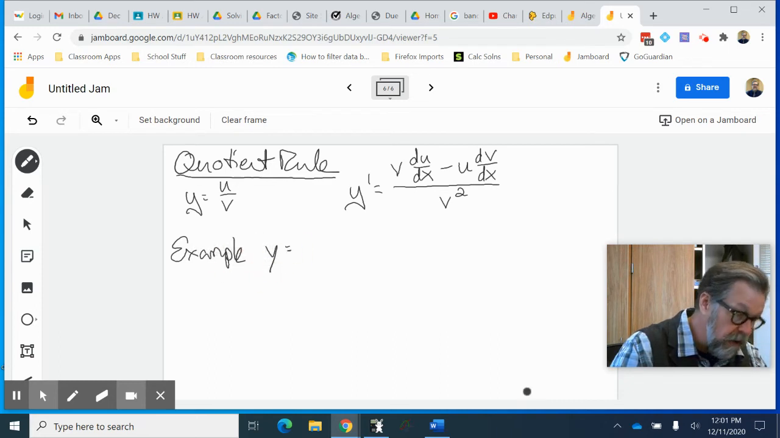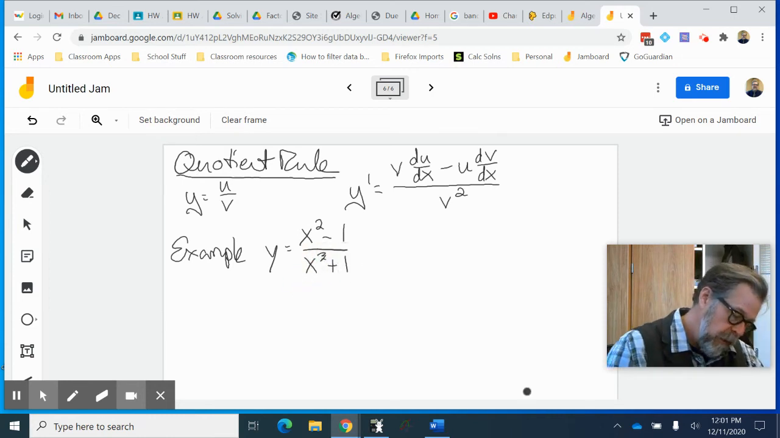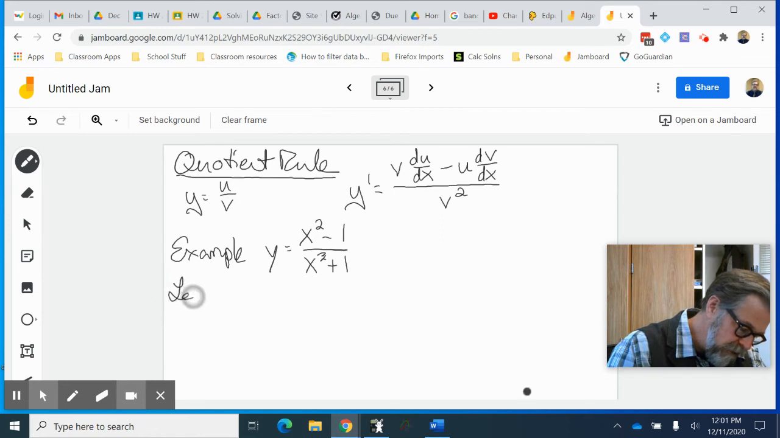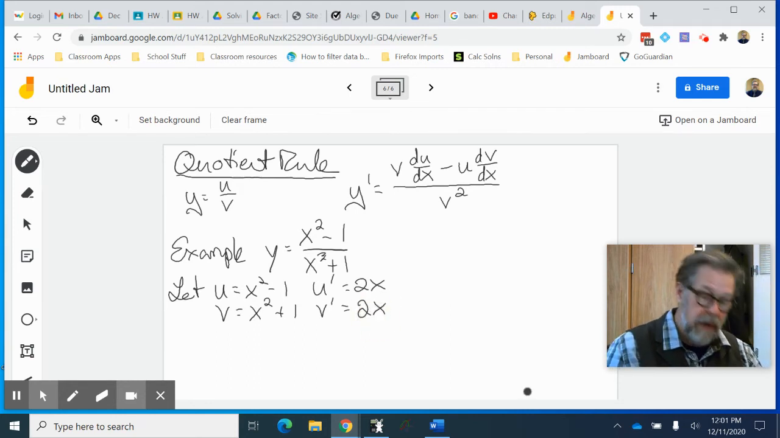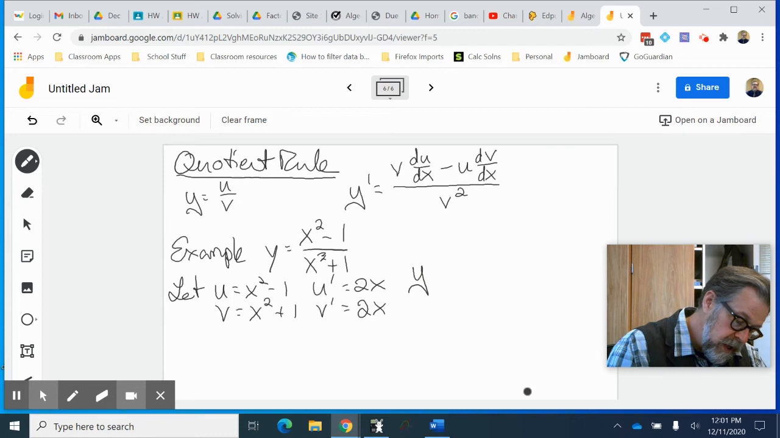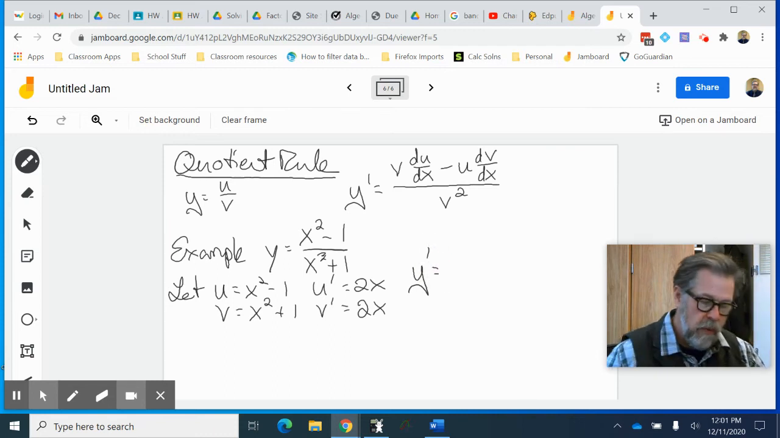We're going to define our function as y equals (x squared minus 1) over (x squared plus 1). Again, define your variables. u equals x squared minus 1, v equals x squared plus 1. If you don't define your variables, you are going to mess this up. u prime, the derivative of u with respect to x, is 2x. The derivative of v with respect to x is 2x,